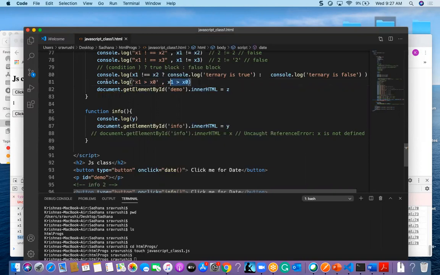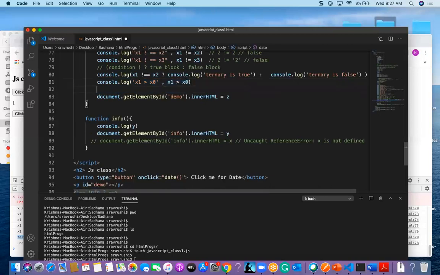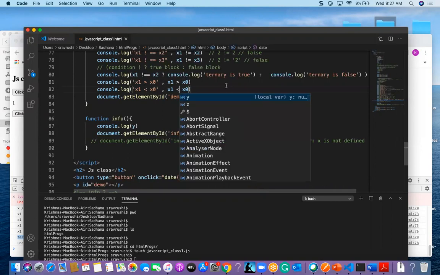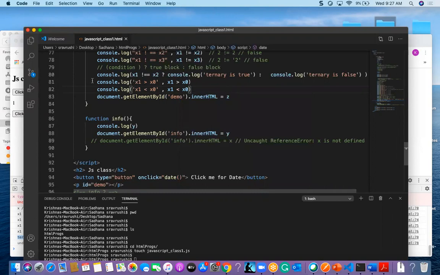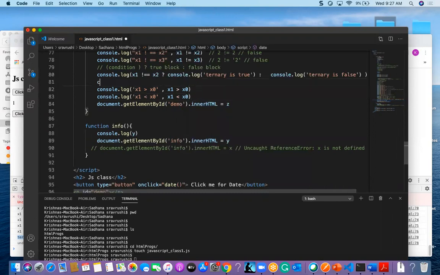And one more thing, x1 is less than x0. In this case it will become false. These are console logs for greater than and less than comparison.